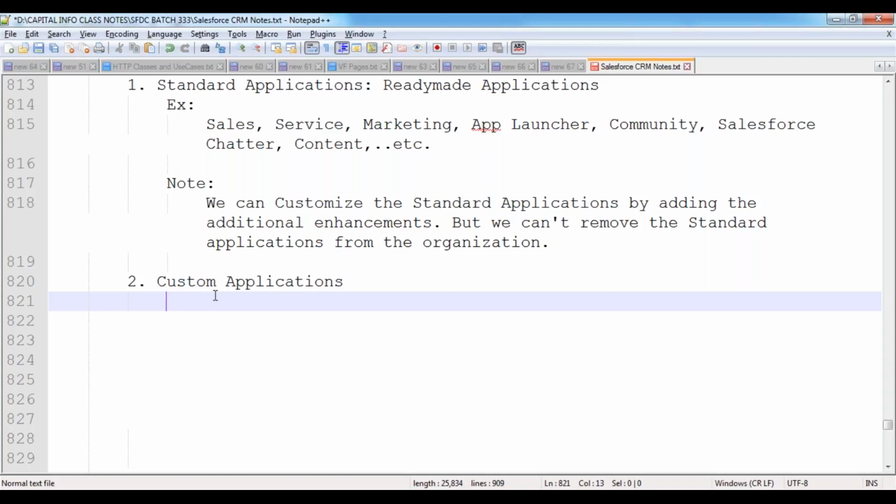Anything. Banking, finance, insurance, healthcare, manufacturing, consulting, construction, educational related, technology related, chemical related, anything, whatever you want, we can build. So by using this Salesforce instance, not only utilizing these ready-made applications given by Salesforce, we can develop our own custom applications also according to our business requirement.